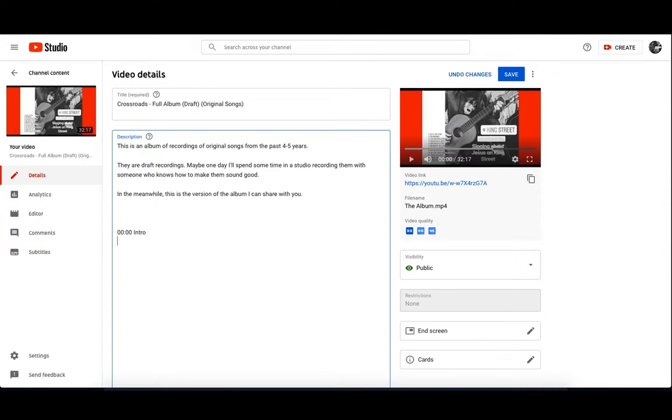And then the next bit you have to say 0, whatever the start of the first chapter is. Say it's 3 minutes in, 03:00, first part. And you basically do this, and this is the timestamp where you want the start of the chapters to start, and then this is the start of the next chapter, and then you do the start of the next chapter,